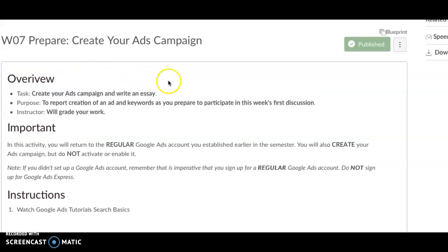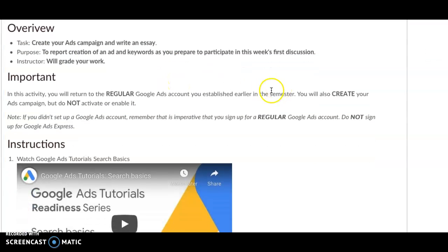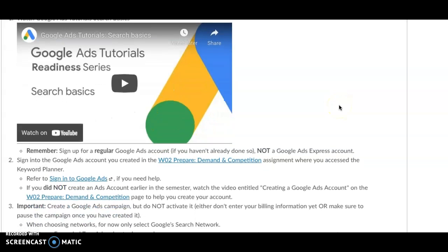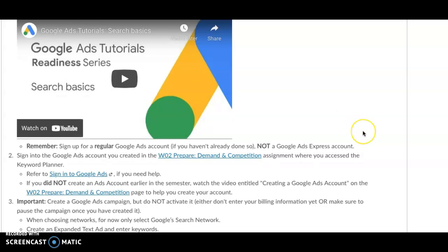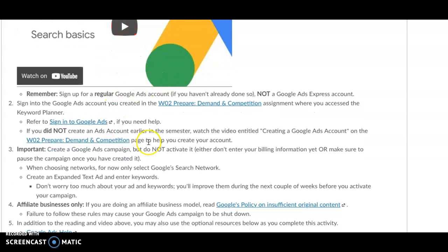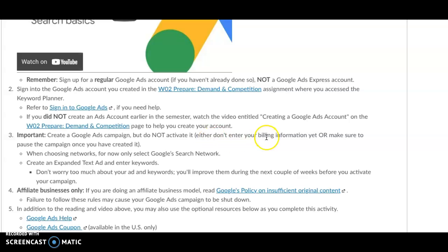This first assignment, you'll go back into Google Ads and you will set up a campaign. It is important that you do not start a smart campaign, you do a standard campaign because you want full control over this. Google will often push new users towards what they call their smart campaigns or other creative campaign names they have where they make it easy for you. So it's hands off. They choose the keywords, they choose the geographic locations. You want control over all of that. So keep that in mind as you watch this video and read these instructions carefully